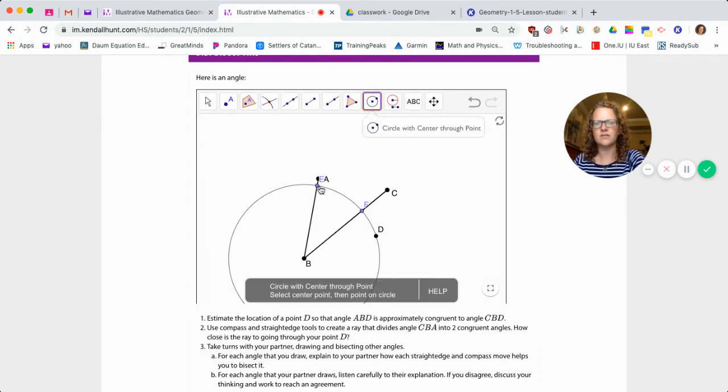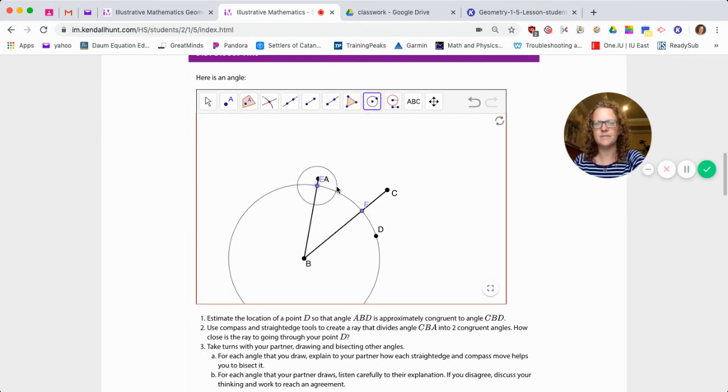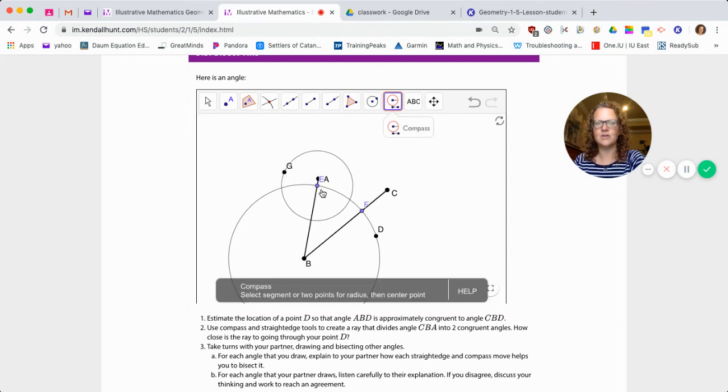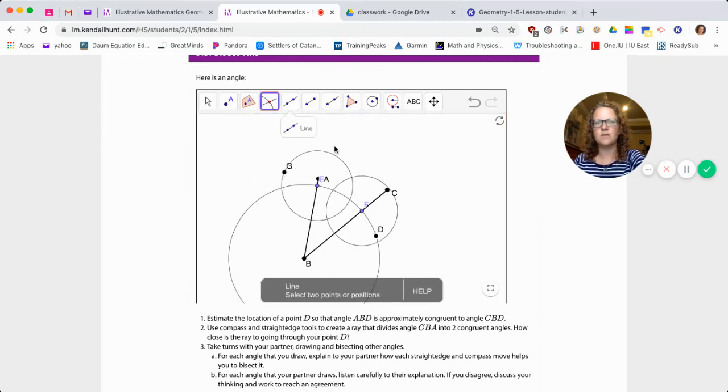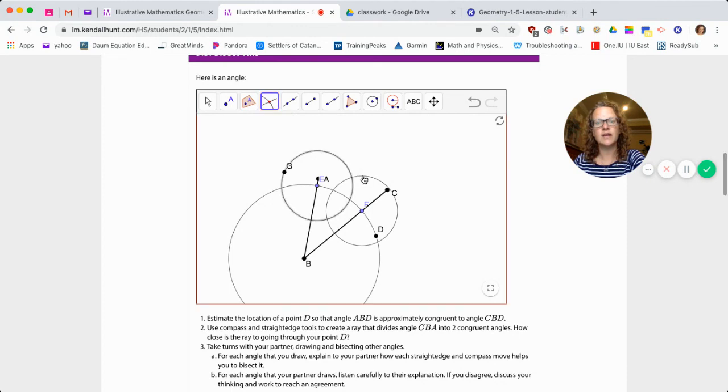Now if I draw a circle centered at E, it has to be past center. It can't be itty bitty. I want the dot to be over here though. And now I copy that radius over here. Where those two circles intersect is my angle bisector,